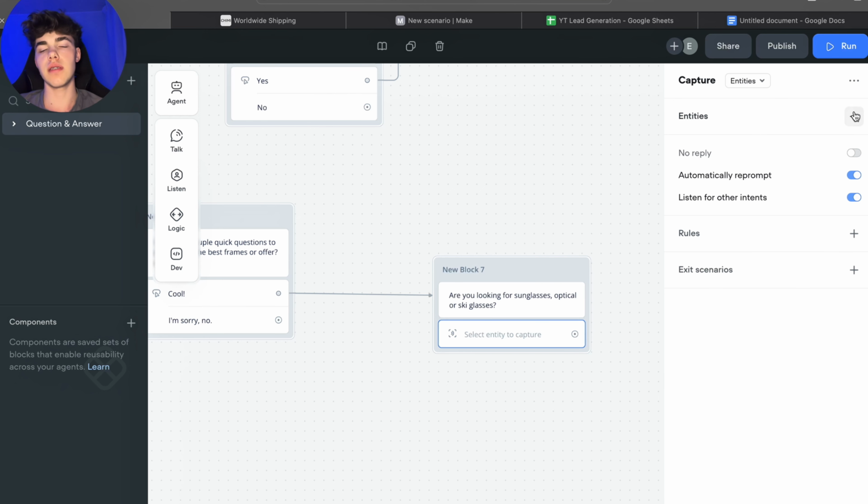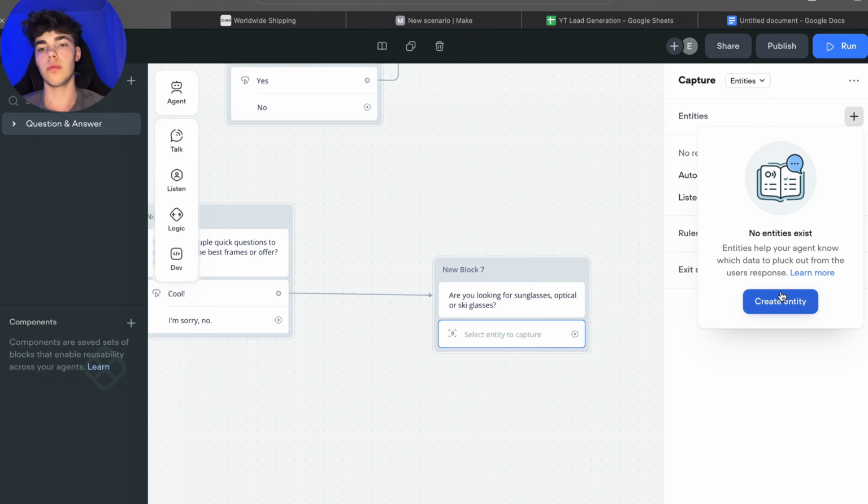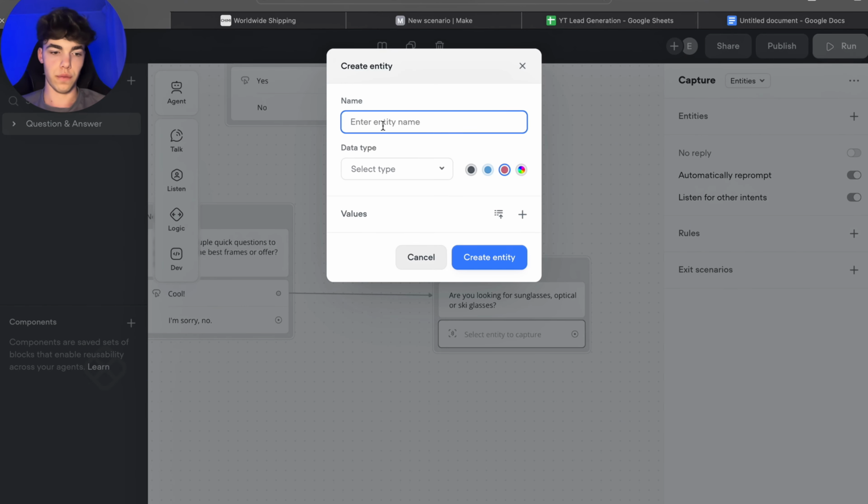What this entity does is, let's say the user types I want sunglasses. We're not gonna save all his answer. We're gonna just save sunglasses to put later in a sheet. Okay, name, type of